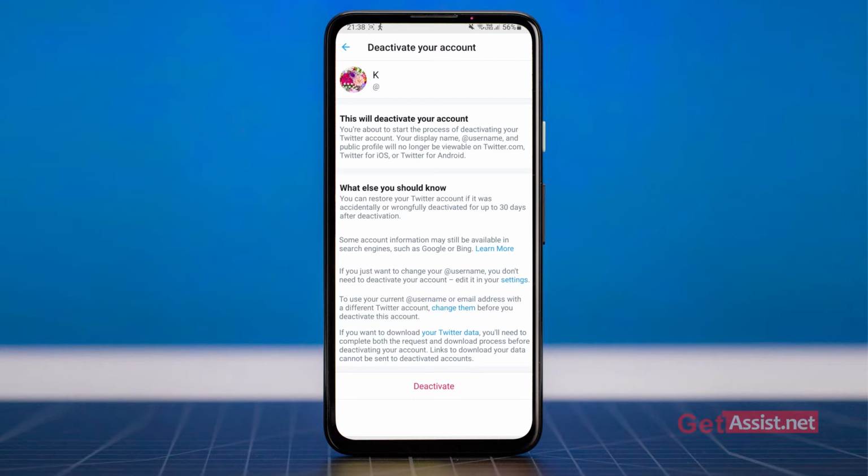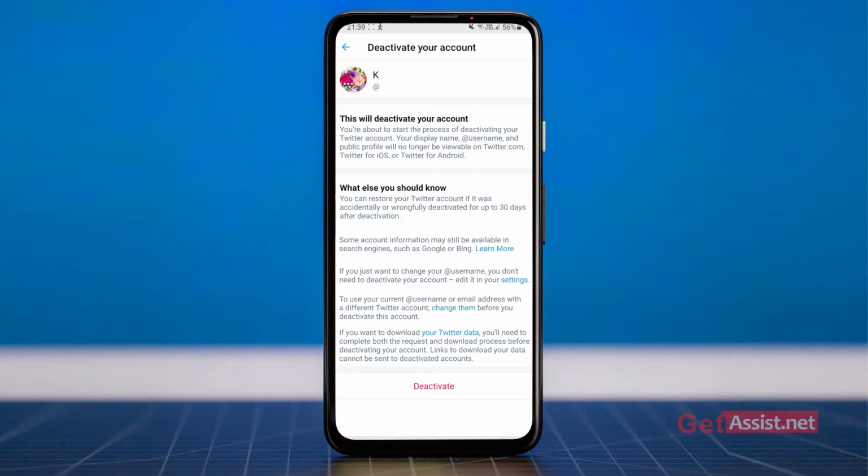So here it is written that you are about to start the process of deactivating your Twitter account. Your display name, that is @username, and public profile will no longer be viewable on twitter.com and all the devices, alright. So apart from that, you can also restore your Twitter account if it was accidentally or wrongfully deactivated for up to 30 days after deactivation, alright.